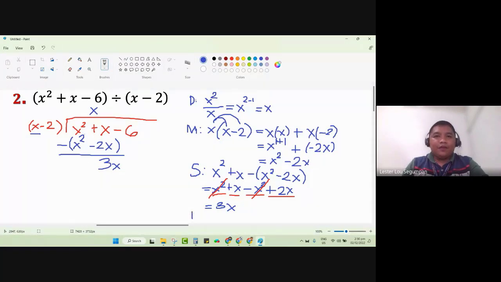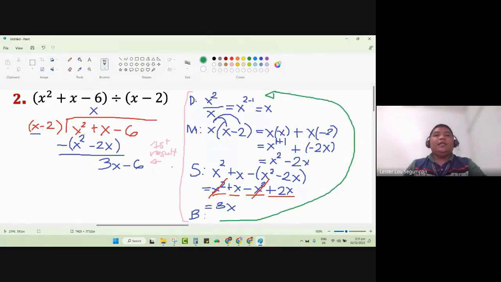The last part of the first round is to bring down the remaining terms. I'm talking about this term here, which will be brought down here, and this is our first result. This result is the output of following these steps. Okay. To get the second result, we are going to repeat the process until we arrive